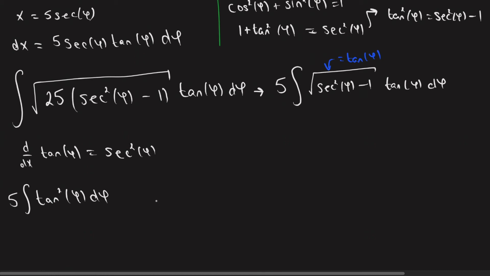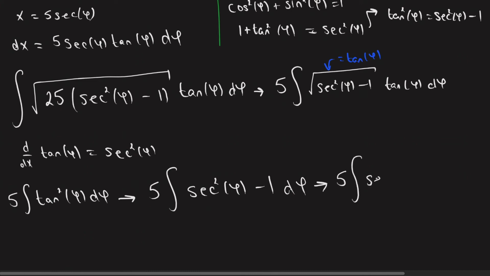And I can see up here that if I relate tan squared back to this, if I integrate both sides, I'll get this. So I'm going to make this up. I'm going to say this is the same thing as the integral of secant squared of phi minus 1 d phi. And I know that if I split this up into two integrals, which is what I'm going to do,